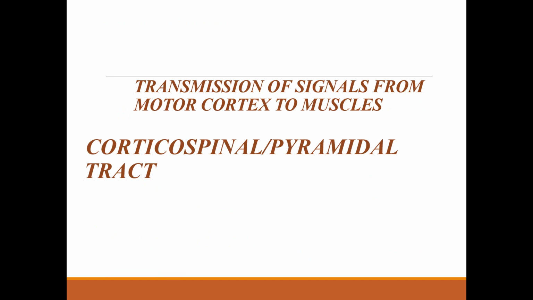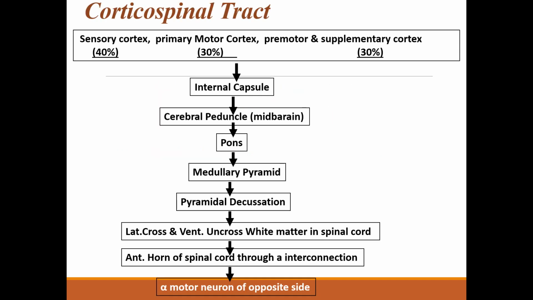Then we should know about the corticospinal or pyramidal tracts, the transmission of signals from motor cortex to muscles, that is by means of the corticospinal pyramidal tracts. Now what happens is that the corticospinal tract is produced by about 30 to 40% from the primary motor cortex. Then we have the premotor area and supplementary cortex, and they pass through the internal capsule, then to the midbrain, then to the pons, and